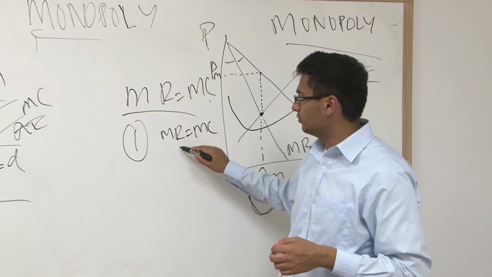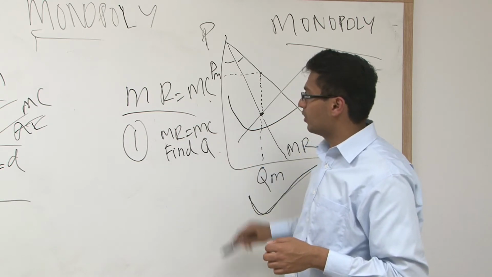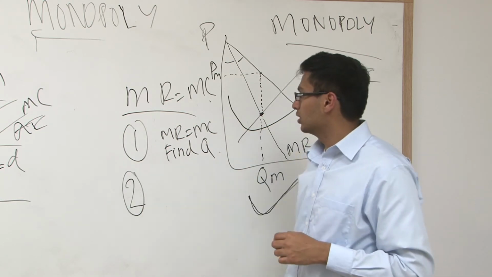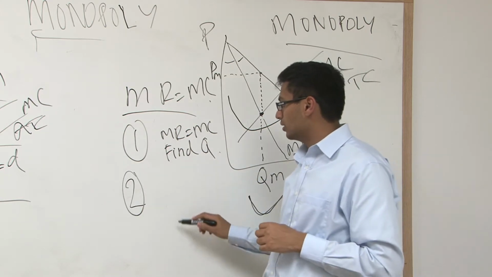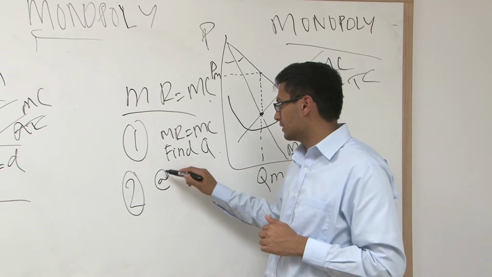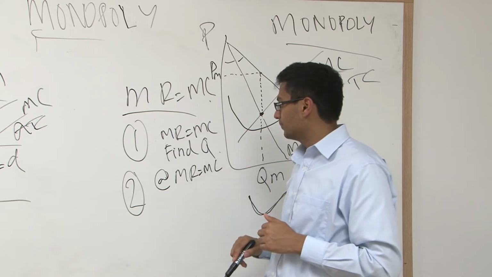Find Q where MR equals MC. Step two, at MR equals MC,